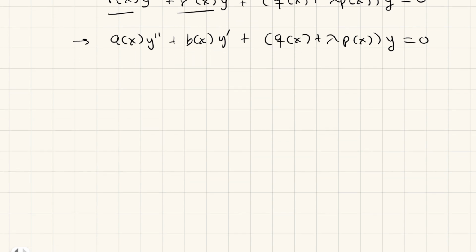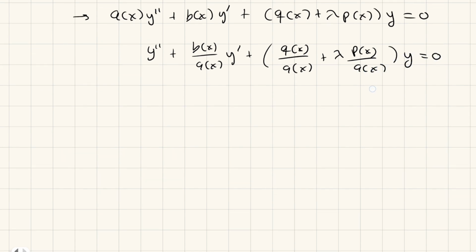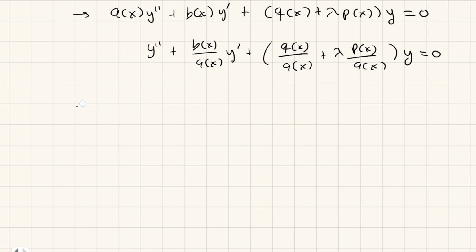We saw in a previous lesson how to get to the self-adjoint form of the Sturm-Liouville problem. And we got that we can express this as an equation of the form y double prime plus b of x divided by a of x y prime plus q of x divided by a of x plus lambda p of x divided by a of x times y equals 0, such that we can find an integrating factor